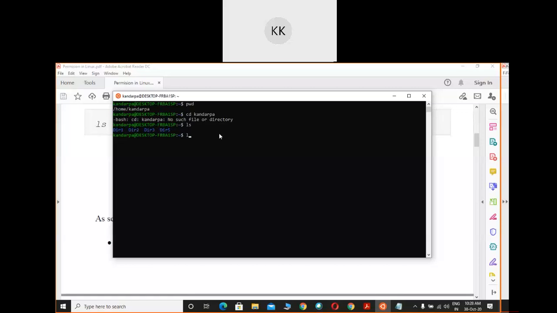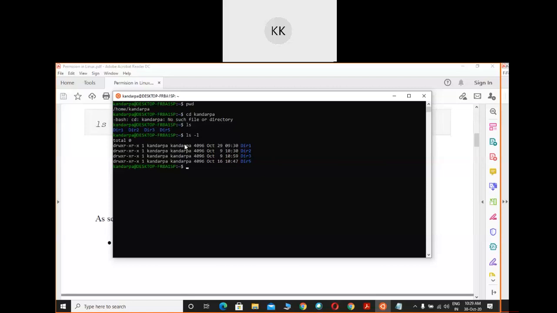Okay, now if you enhance the command ls with -l, you can see the permission. So directory 1 is created at 9:30 a.m. on 29th October. The user or the creator is Kandarpo and he belongs to this group. By default, the user name will be taken as the group name if you are not creating the group explicitly, right?